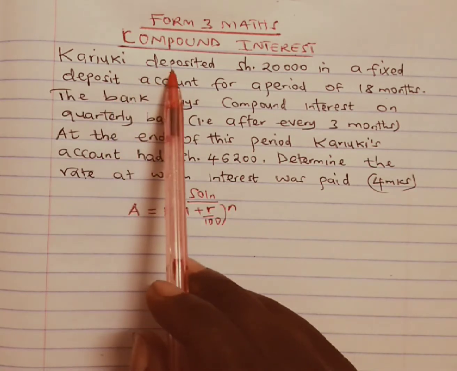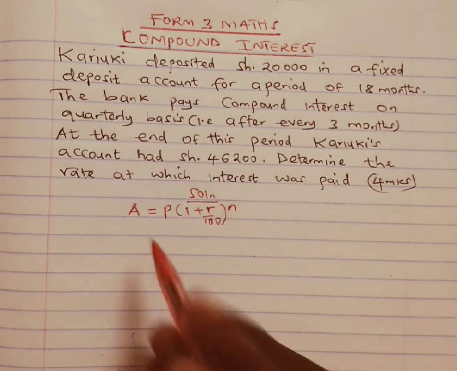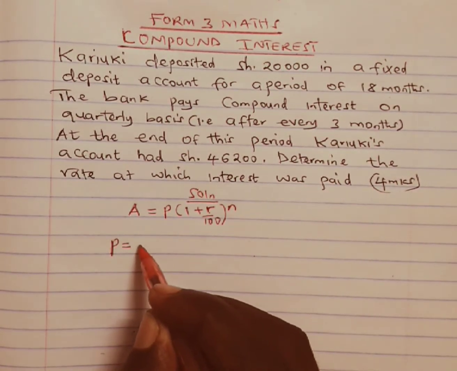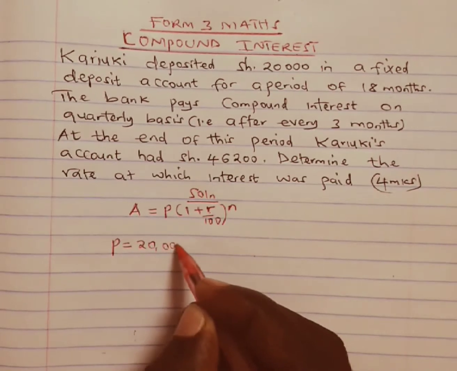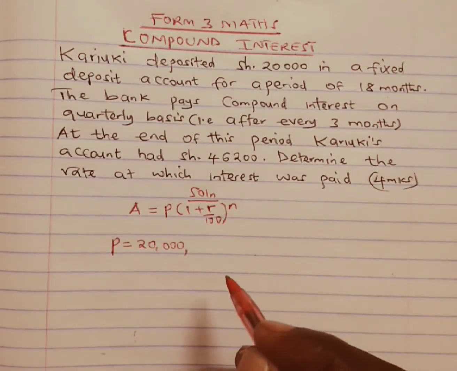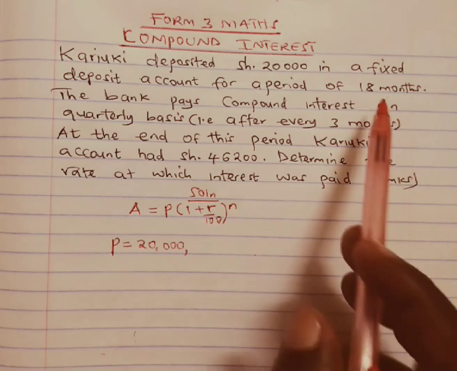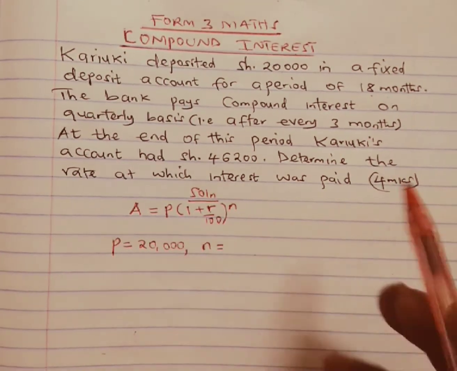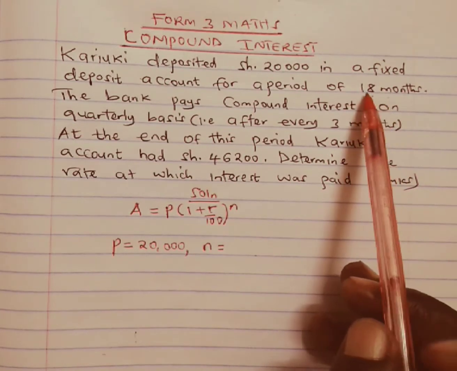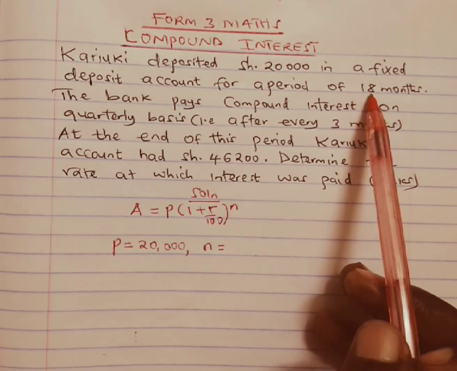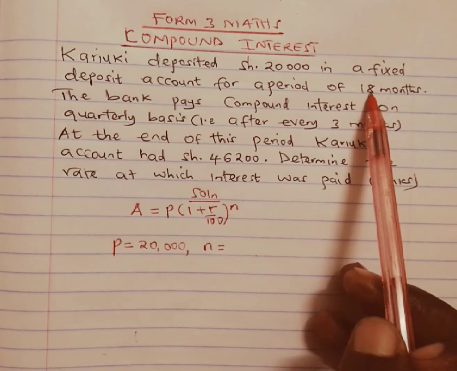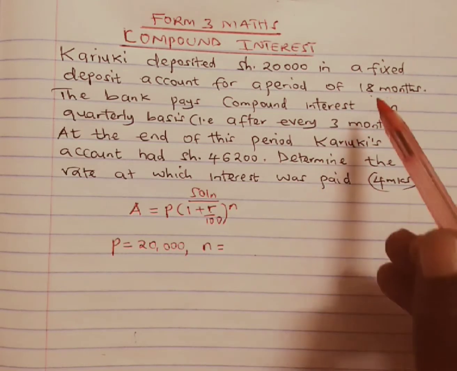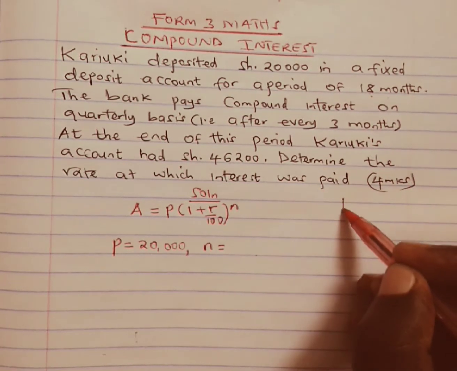We are told Karaoke deposited 20,000 shillings, so the amount deposited is the principal, and the principal is 20,000. It was deposited for 18 months. So if the period this amount stayed in the bank is 18 months, and we are calculating interest after 3 months, so in 18 months we have 1.5